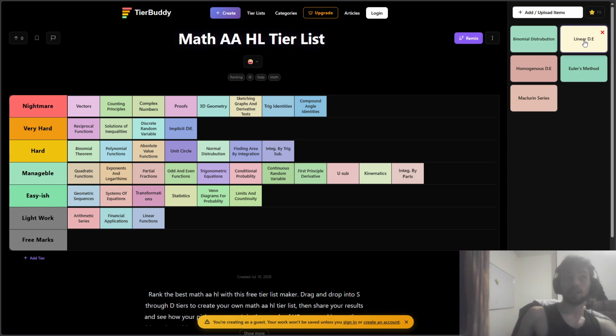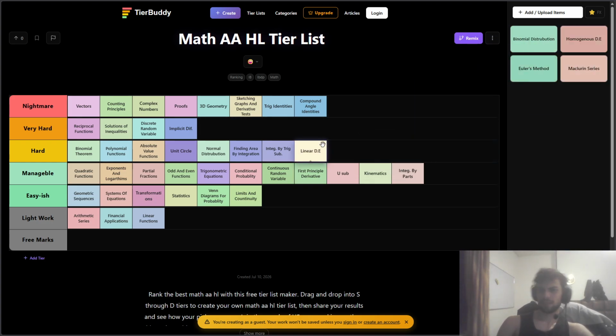Fantastic. I'm not going to edit it because I'm lazy, but there's this general form for a function using the integrating factor, which is y equals the reciprocal of the integrating factor multiplied by the integral of, was it, q of x times the integrating factor, dx, plus c, something like that. It's pretty hard. So we're going to put it into hard, but not really very hard yet.